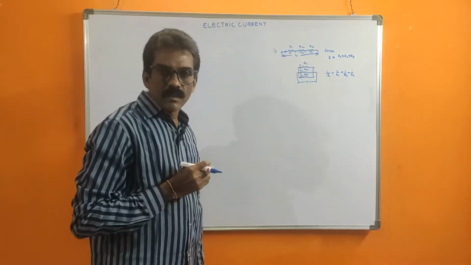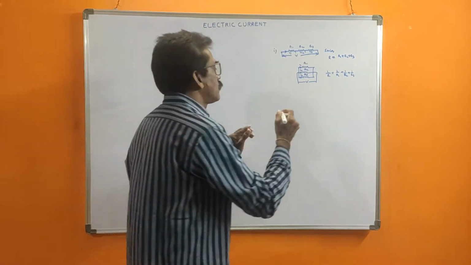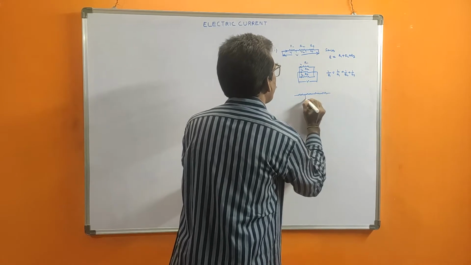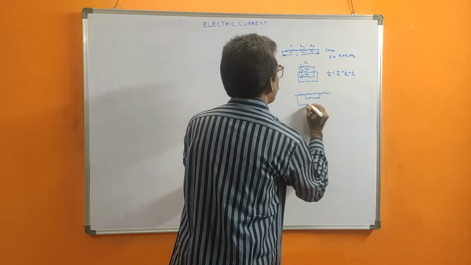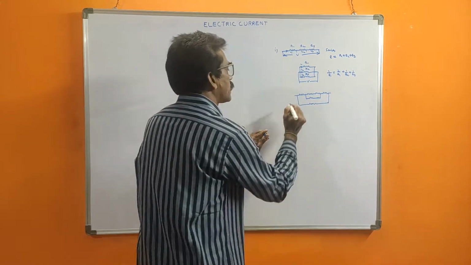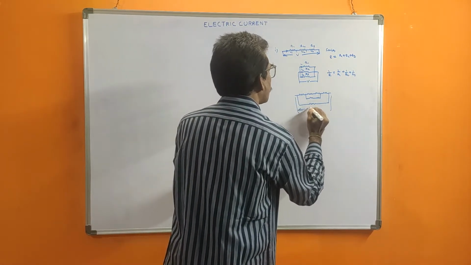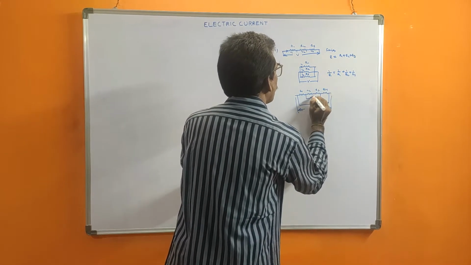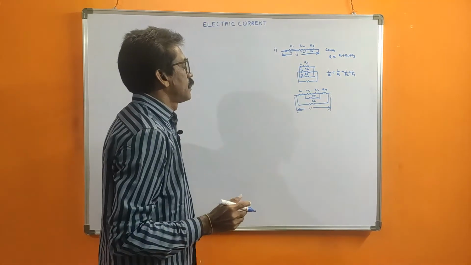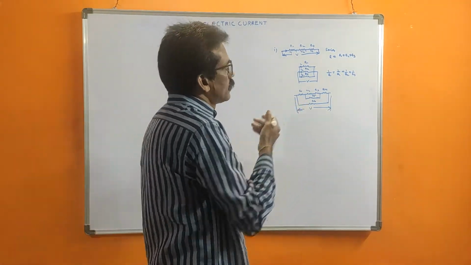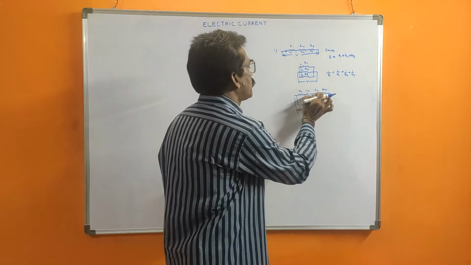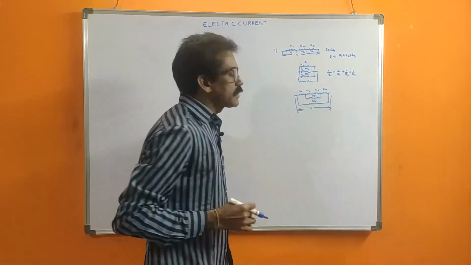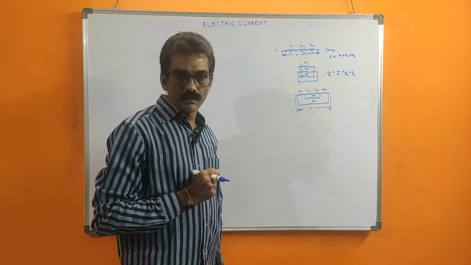But when the resistors are connected in series and parallel, they will look like this. Suppose, for example, this is a connection. At these two ends, we are supplying some voltage. These are R1, R2, R3, R4, R5, R6, like this. See here, this is not a series, not a parallel. Some are in series, some are in parallel. For this branch, this is parallel there. So that's why it is a combination of series and parallel.